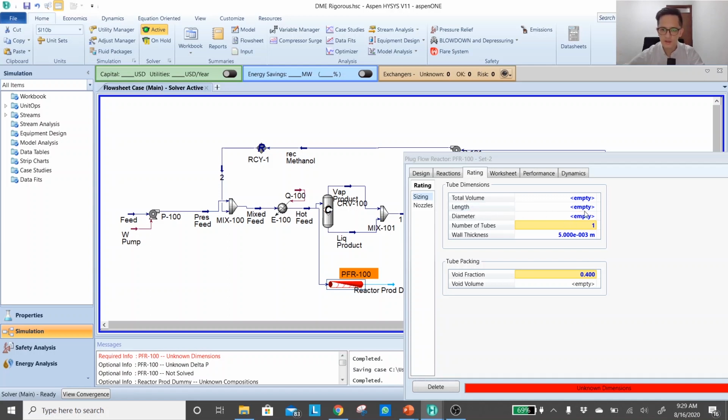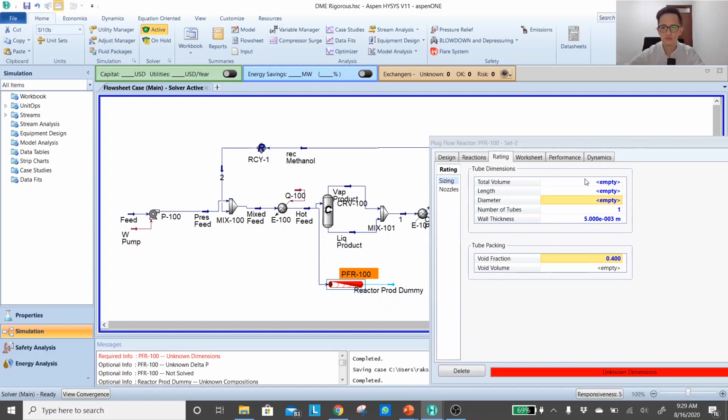Now we go to the length and the diameter. Again, we still have no clue about this. What we have to do is guess the numbers and later on confirm that using those numbers it will get the same conversion as our previous simplified reactor.